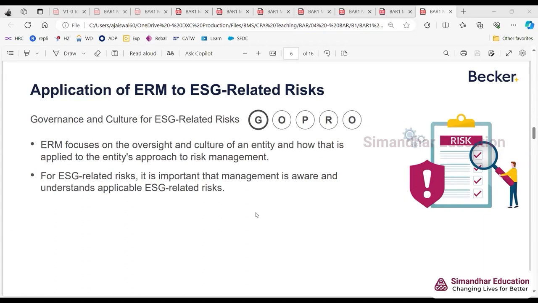So, as per US law, what do you think? The US company can pay bribes in India or not? Because India is not under US law purview, correct? India is not under US law purview. So what do you think? As per US laws, because we are studying US CPA, so we care about US laws here. Are we allowed to give bribes in a separate country like India or not?